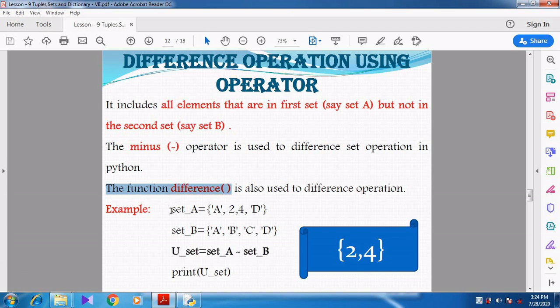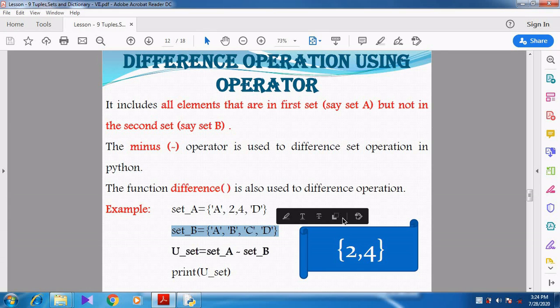For example, set_A is equal to 'A', 2, 4, 'D'. Then in set_B I am going to take 'A', 'B', 'C', 'D'. Now we want to take the elements only in the first set. First set means which set?